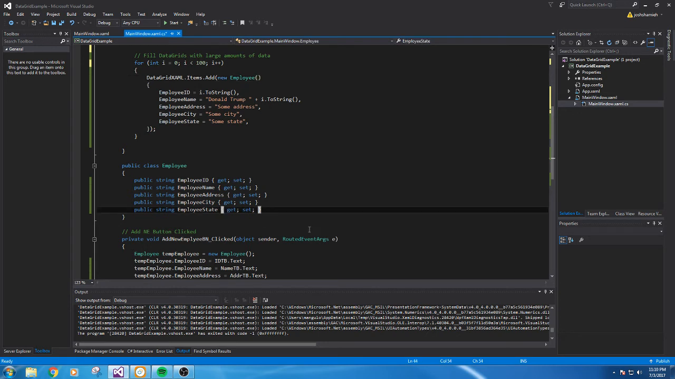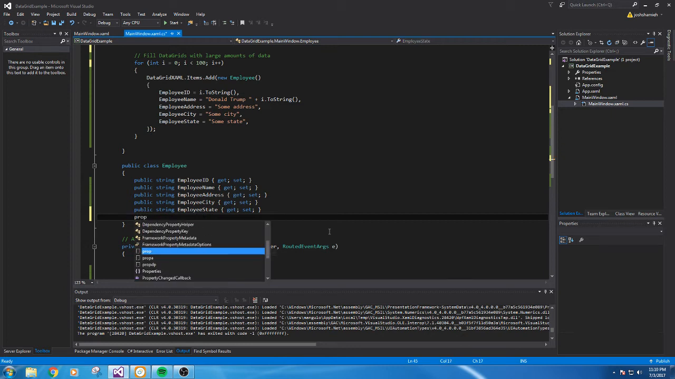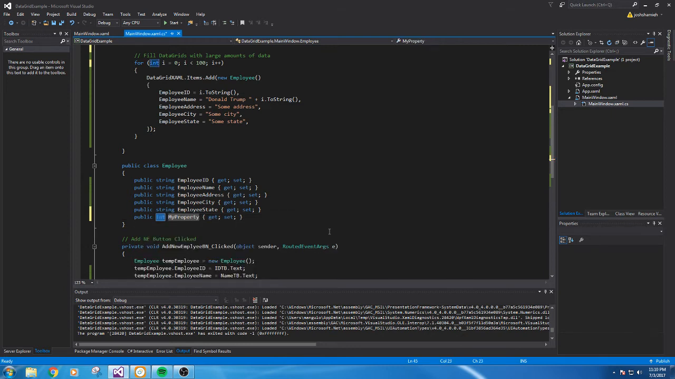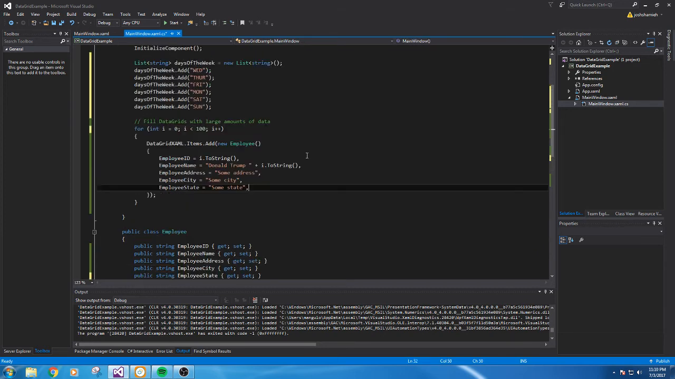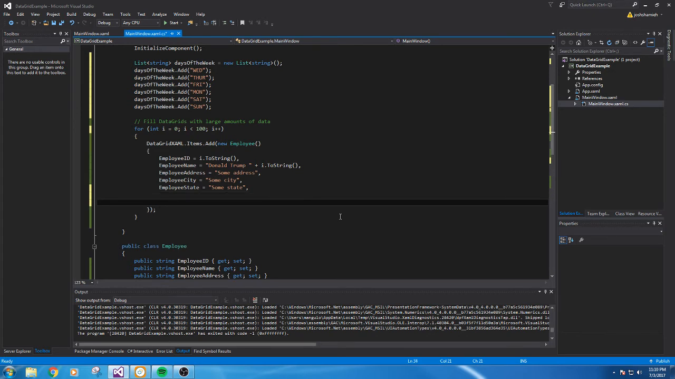For the name, actually, you know what, we'll add a new property, and we'll call it day of the week. Also, you can do this: you can type prop and then tab, and it'll auto generate for you. Day of the week. Alright, and what we can do is we can say if,